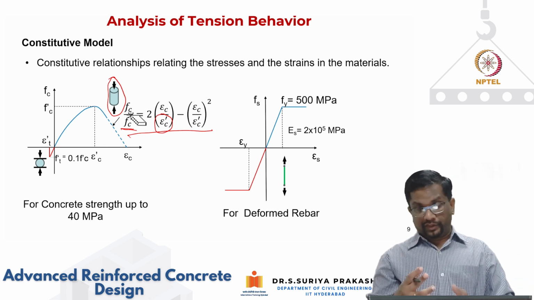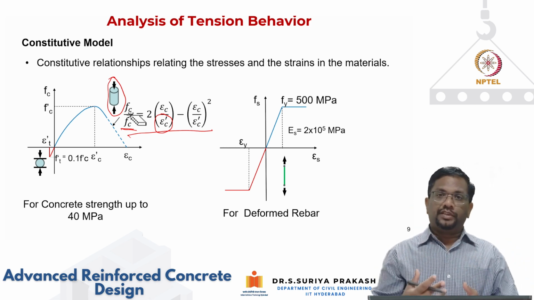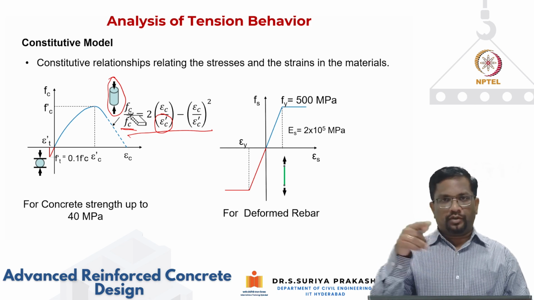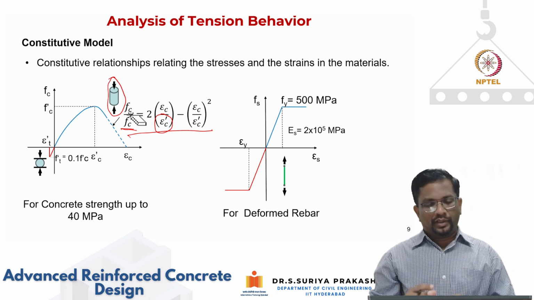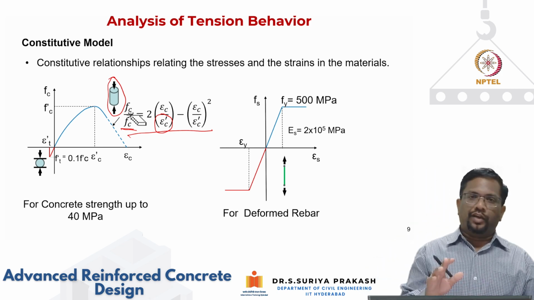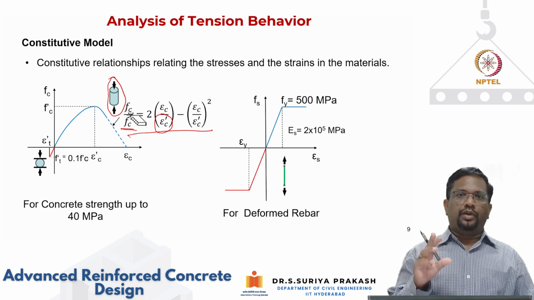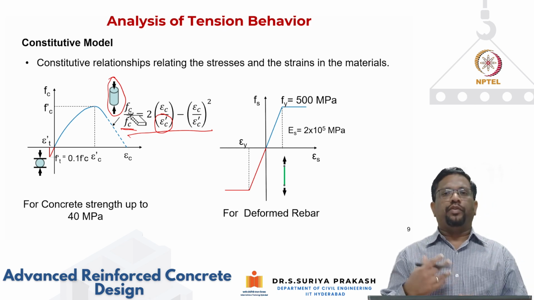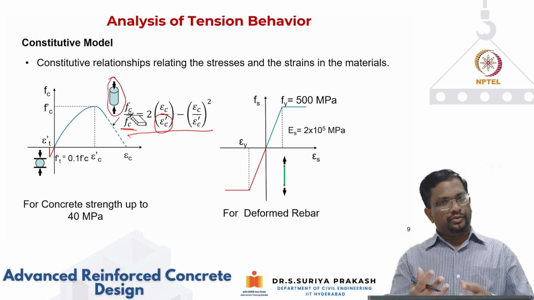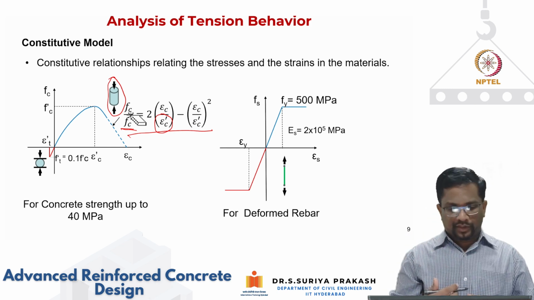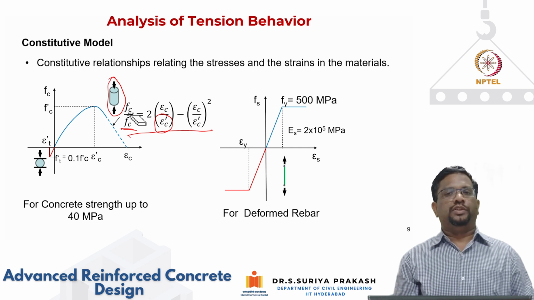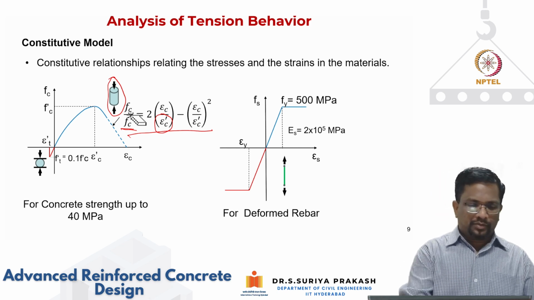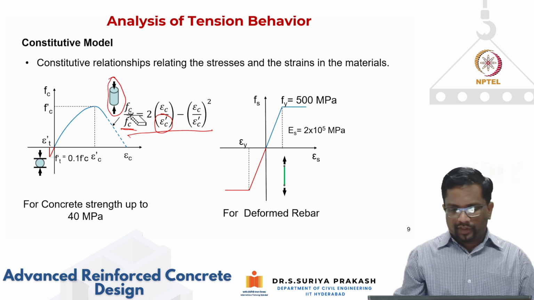And we have also discussed that when you test it as a cylinder, you get the true representation of the material. And we also talked about the size effect and other things. But f prime c is the actual material strength, and for that, you need to test a cylinder of at least aspect ratio of 2. What is aspect ratio? Again, length to diameter ratio. Okay, we have discussed all those things in the material chapter. So this is the relationship that we are going to have. So you see here, you get a nice